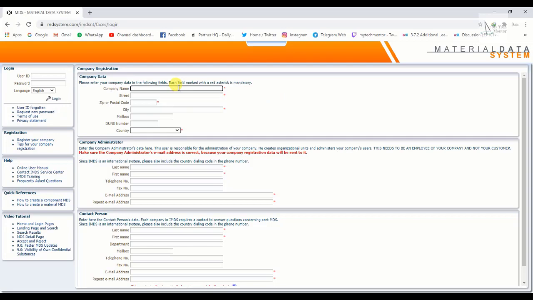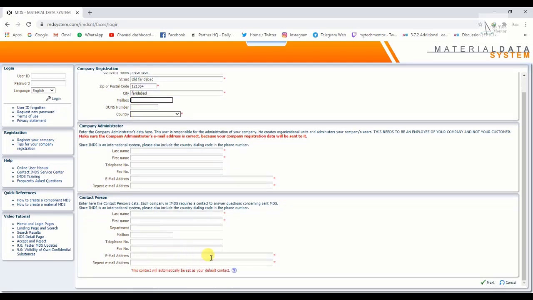First we have to write the company name and address, pin code and city. You can write your mailbox here and also here.